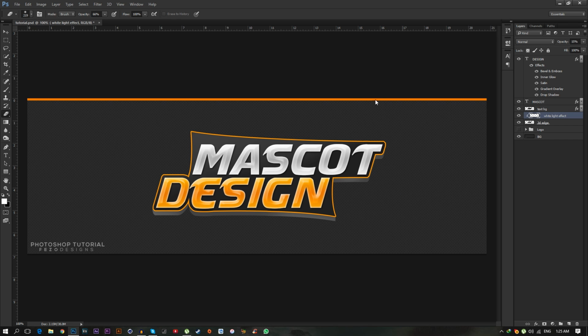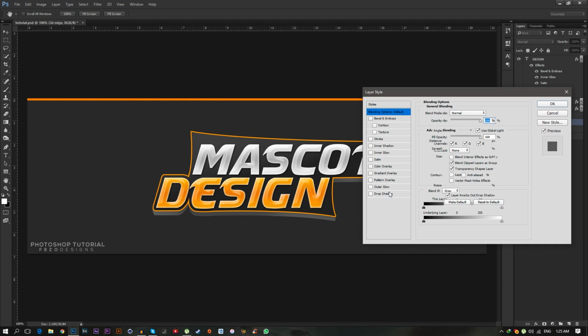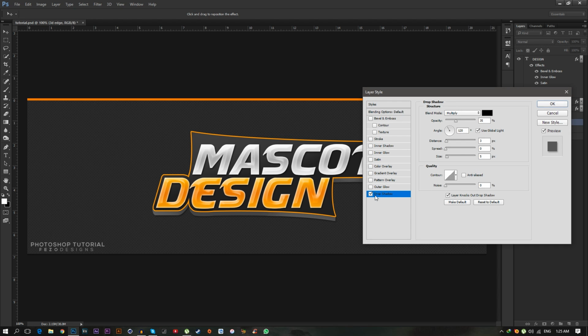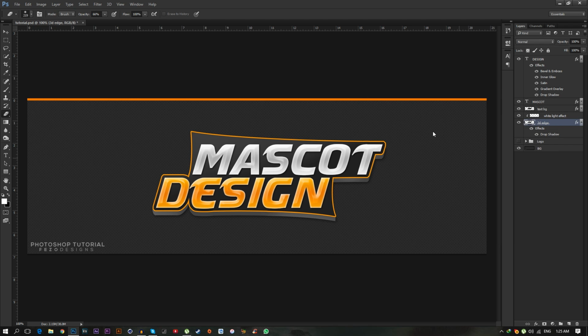Okay, this looks cool. Now I'm going to add the drop shadow. Just select drop shadow and make the opacity 50 and size from 5 pixel to 10 pixel. Looks great. Now I'm going to add the reflection on this logo, and make a new layer on top of these layers and name it reflection,